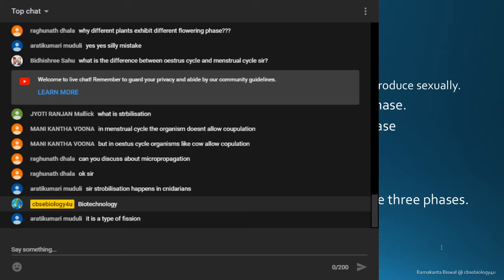Anyway, the person who is asking is asking about strobilization. Okay, so that is typical of Cnidarians. If you learned in class 11, there were basically two forms, two phases, that are called polyps and medusa. Now the polyps and medusa, these two are different stages in the case of Cnidarians. So the polyp to medusa, that particular process is called strobilization. Okay, give me a second. Polyps and medusa, I hope you all remember polyps and medusa.